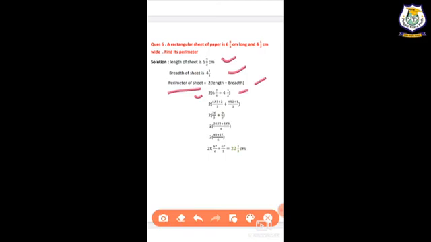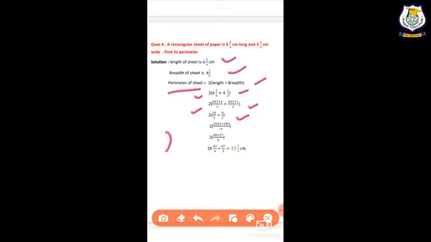We will have to convert. 6 is multiplied by 3 plus 2, and 4 is multiplied by 2 plus 1. It's 2 bracket, 6 times 3 is 18 plus 2 is 20 by 3, 4 times 2 is 8 plus 1 is 9 by 2. Now we will have to take the LCM of 3 and 2. The LCM is 6. So now what will we have to do?